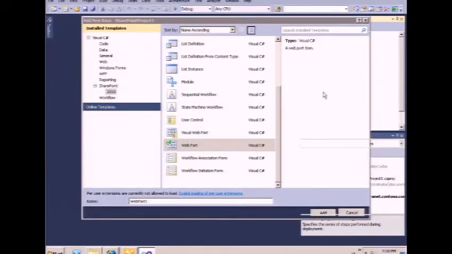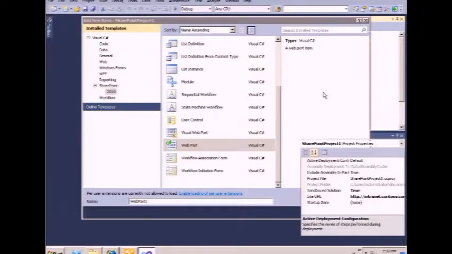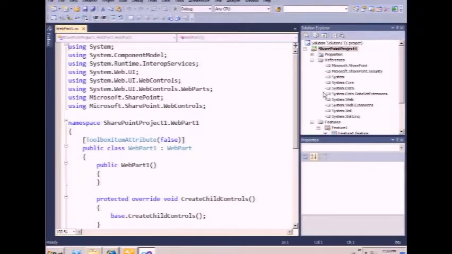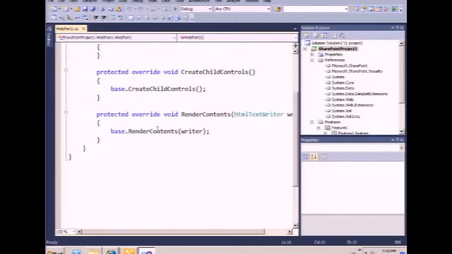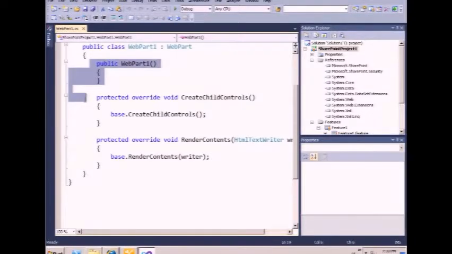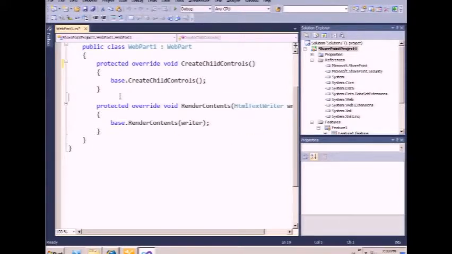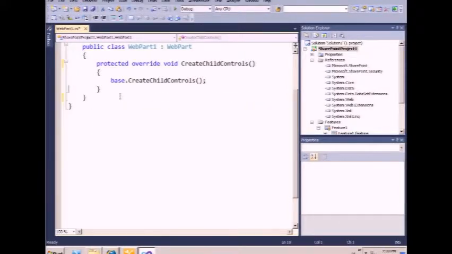Now, it's a sandbox solution, and you see that I've worked with this the same way you'd create anything else inside of SharePoint. So I come over here and get rid of everything else that's in here except for create child controls. And what I want to do is create a new label,